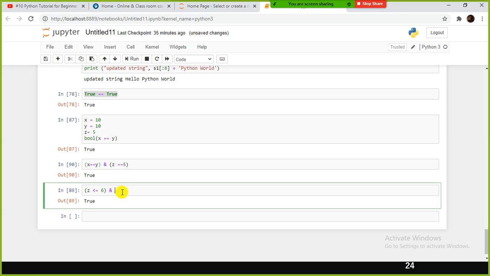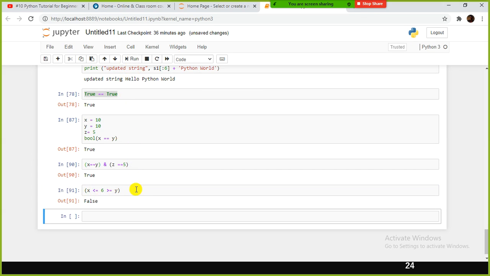So and, or, let's say greater than or equal to y. This will be false, right? What value will you get? False, you obviously will get.